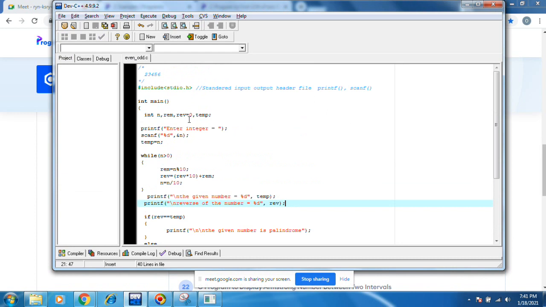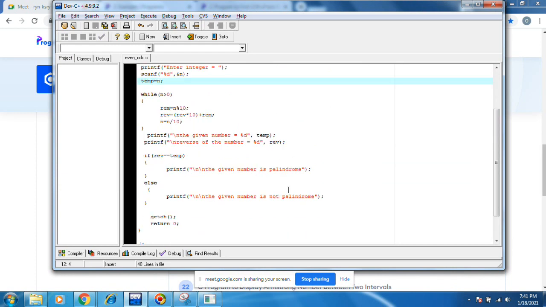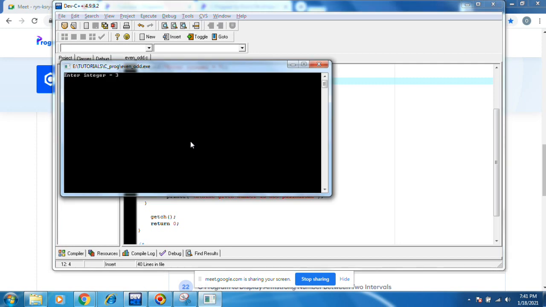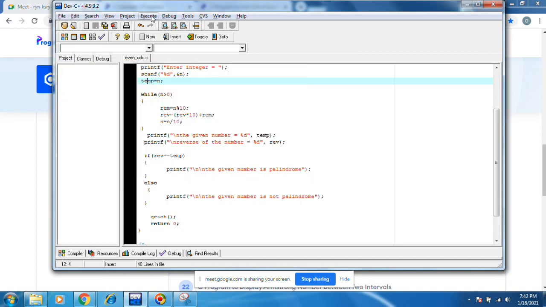Yeah, the same value. Where n value also we are keeping inside temp. Both are same. See, the given number equals to this one. Reverse of the number equals to this one. The given number is palindrome. Let's do execute, run.